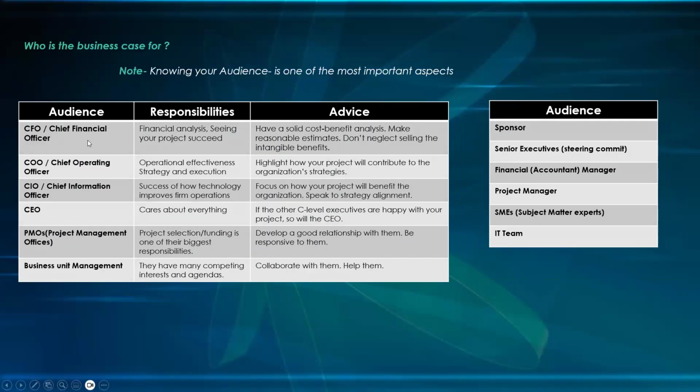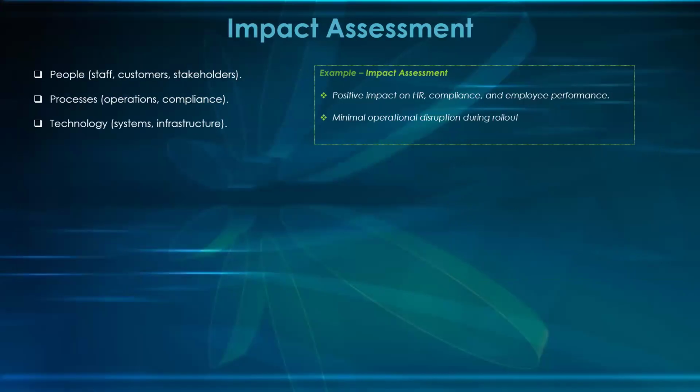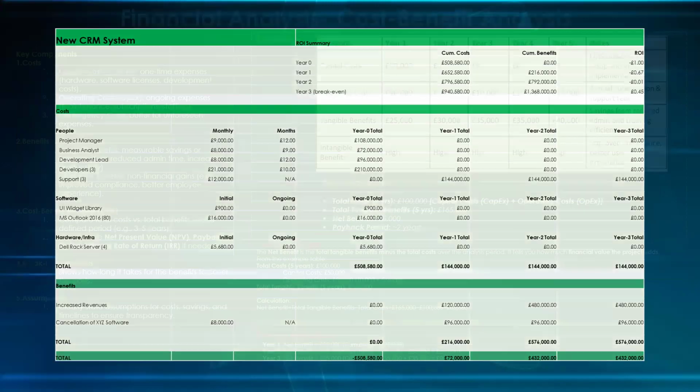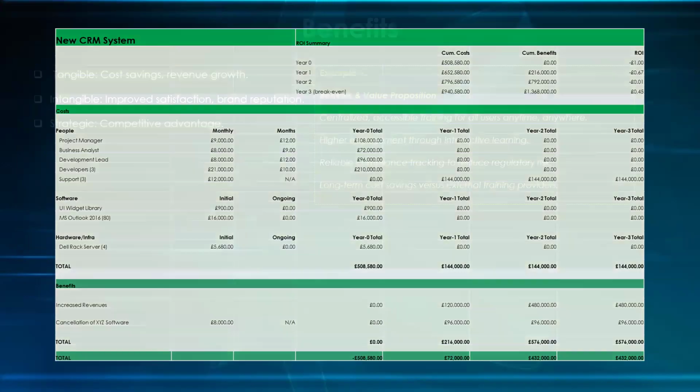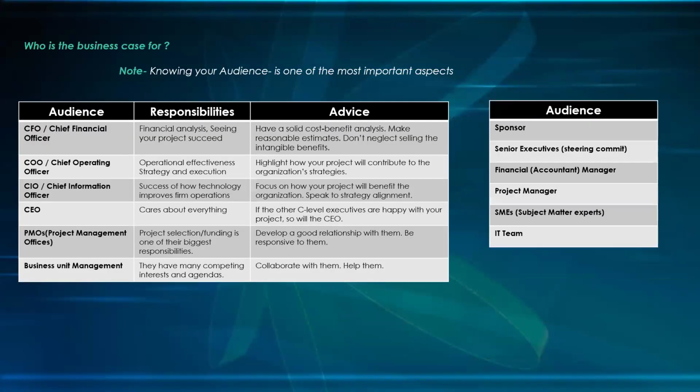For example, your chief financial officer is interested in this page. That's all they are interested in. How much? They want to see the breakdown. That's what your chief financial officer will be looking at. That's your accountant or the MD. That's what they're going to be looking at.